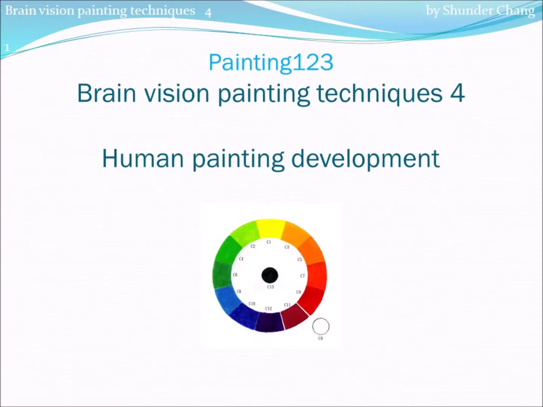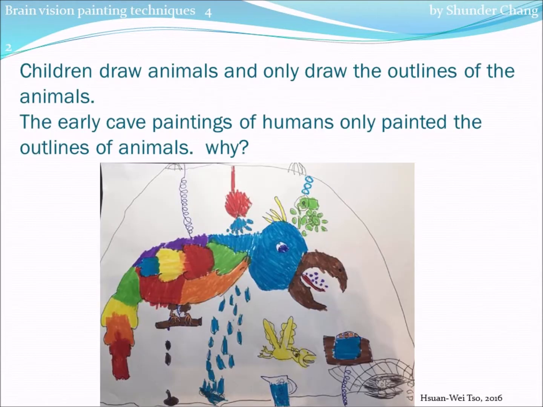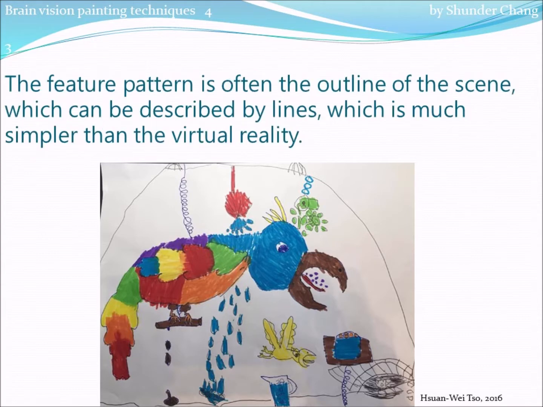Brain vision painting techniques for human painting development. Children draw animals and only draw the outlines of the animals. The early cave paintings of humans only painted the outlines of animals. Why? The feature pattern is often the outline of the scene, which can be described by lines, which is much